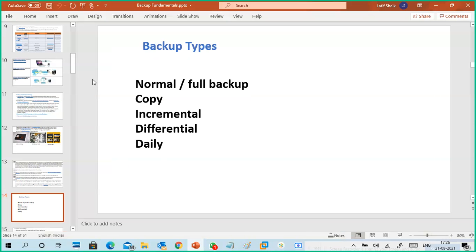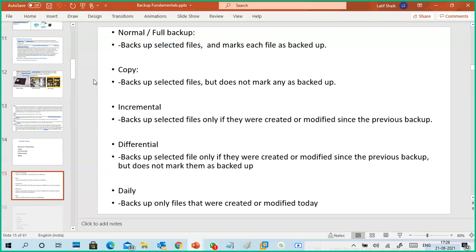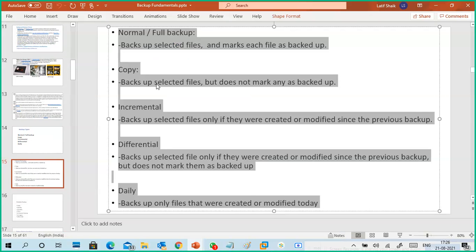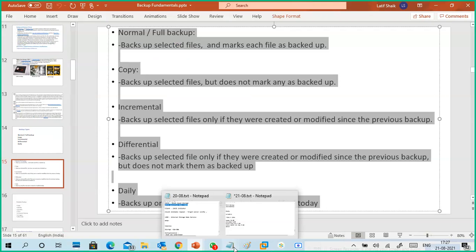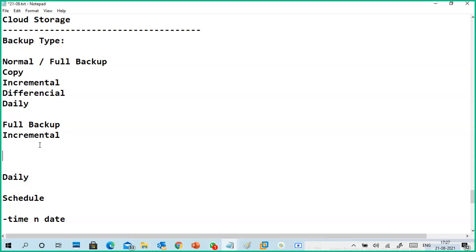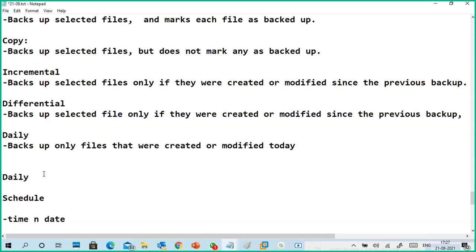So these are the full backup, incremental backup, daily backup. These are the text that belongs to it. When we are taking a backup, I copy pasted here, but copy does not happen. I typed it because it's on an application. So these are the main statements, and the important one is